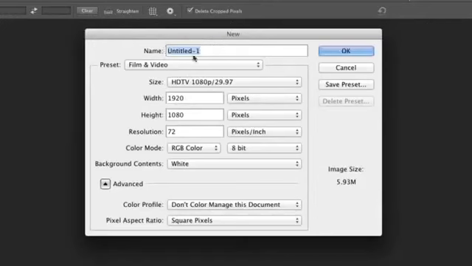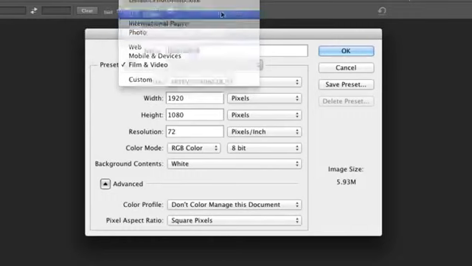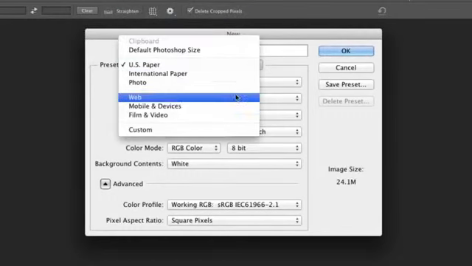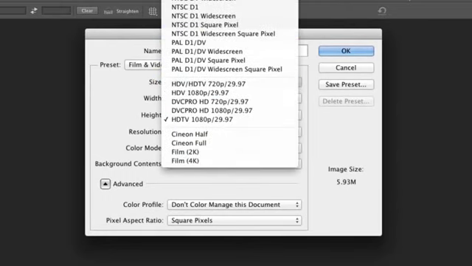New, and this will bring up the New File dialog. Now, normally, you're used to seeing this set to things like paper, but you can click the preset menu and choose Film and Video. Once you've done that, there are useful presets for working with video. The two that you're most likely to use are HDTV 720p and HDTV 1080p for the two most common sizes